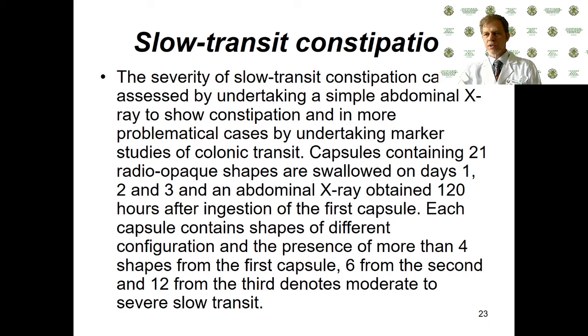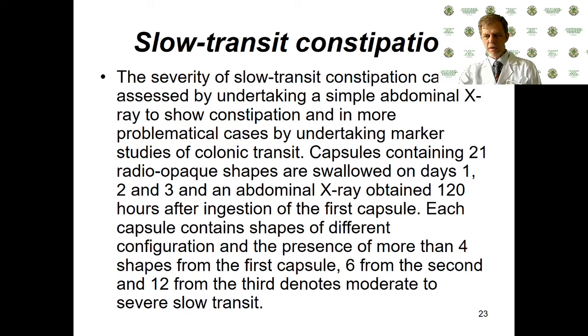The severity of slow transit constipation can be assessed by undertaking a simple abdominal X-ray to show constipation, and in more problematic cases by undertaking marker studies of colonic transit. The idea of these marker studies: patients take special capsules containing 21 radio-opaque shapes and swallow them on days 1, 2, and 3. And abdominal X-rays are obtained